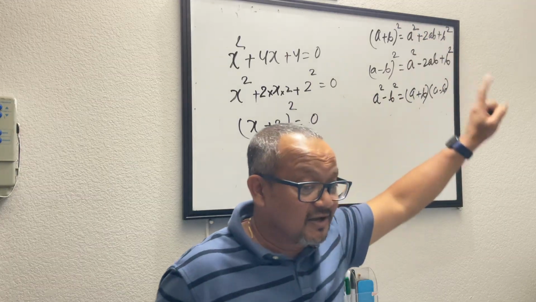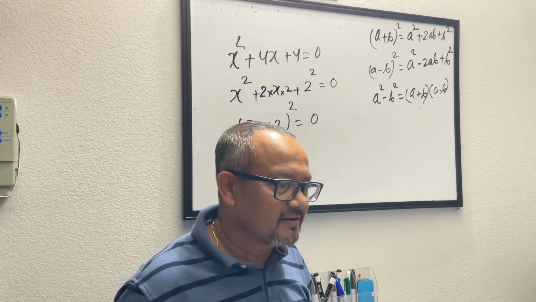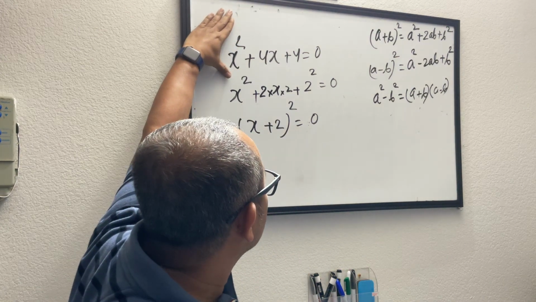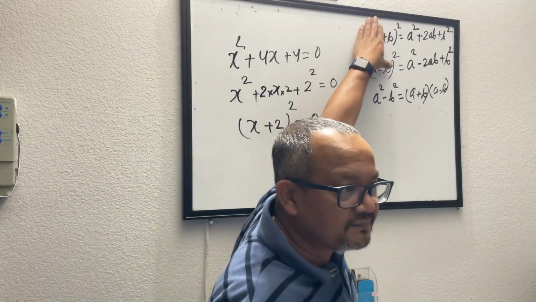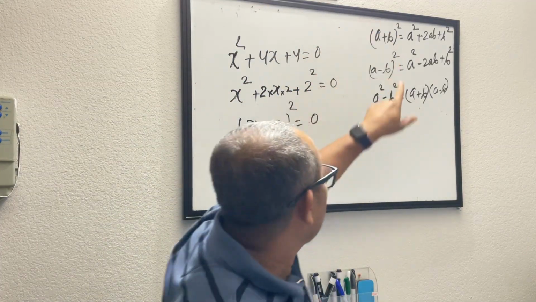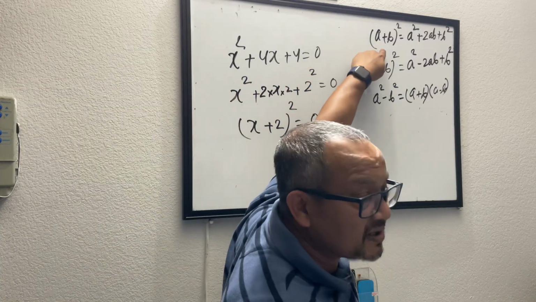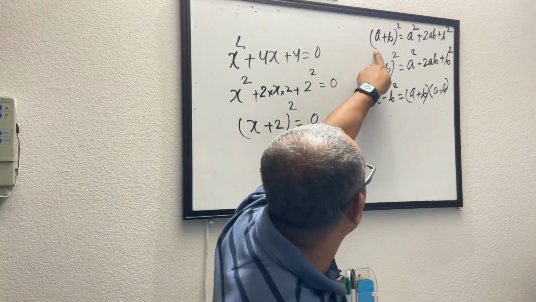I'll give you guys a little bit of time to digest this. I had to solve this quadratic equation and I'm trying to map it with one of the formulas that we have. All the terms are positive here, this could be my best bet. And I'm trying to see if this is mapping to this formula or not.